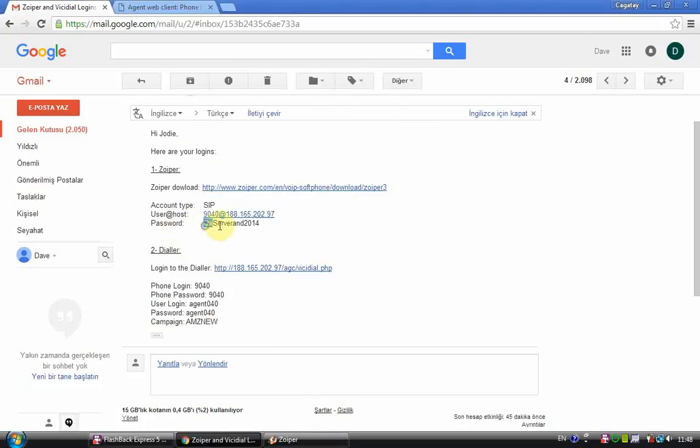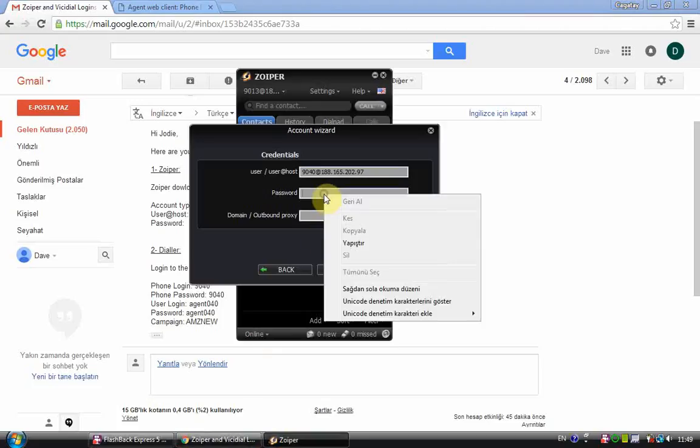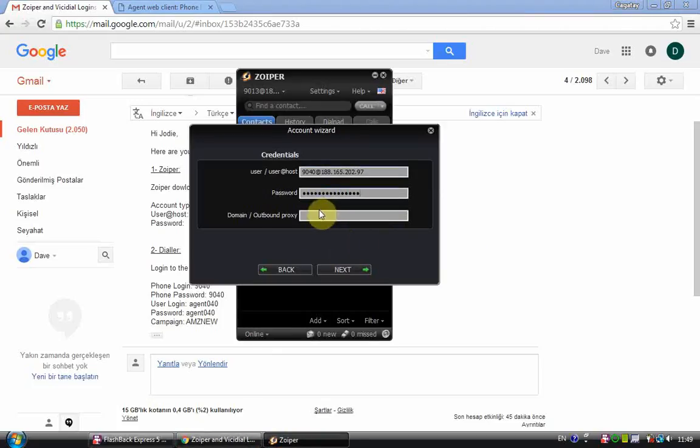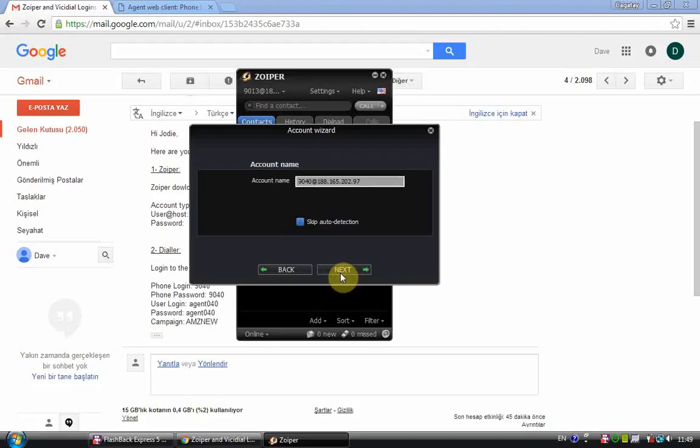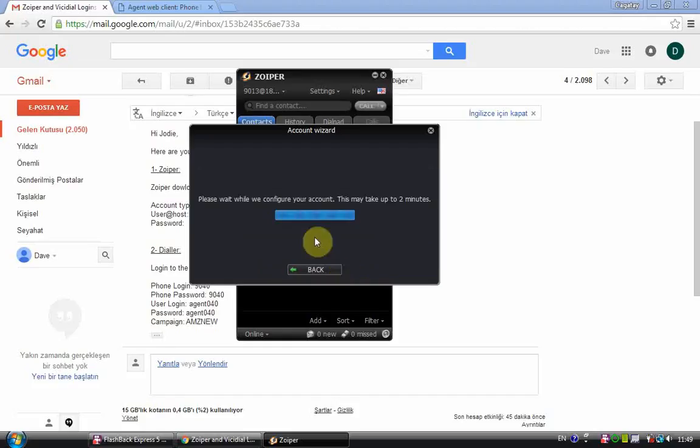You need to put your password. And the domain or outbound proxy, you leave it blank. When the login is complete, it will say